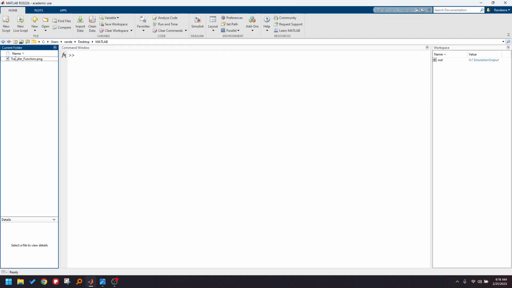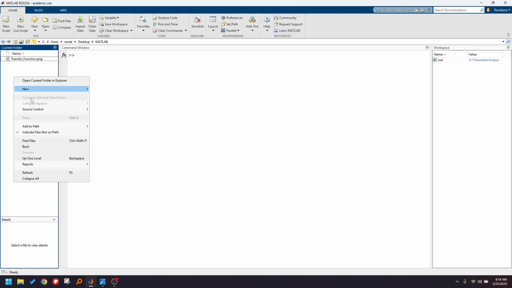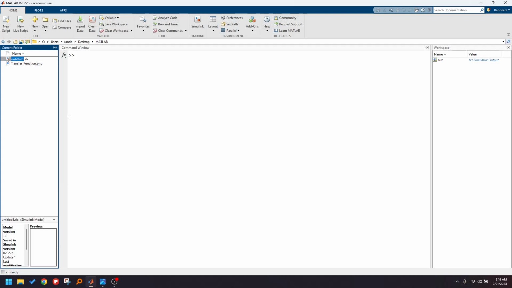After selecting that, you can go to this current folder tab and then you can right click, and under new, since we are dealing with a Simulink model now, you can select model and it will take 2 seconds to open, and then you can name it whatever you want. So I will name it as transfer